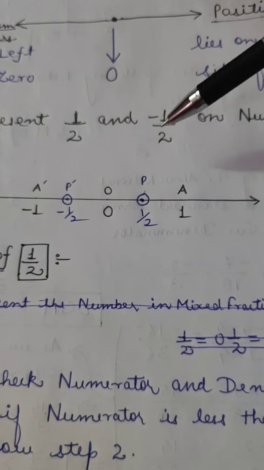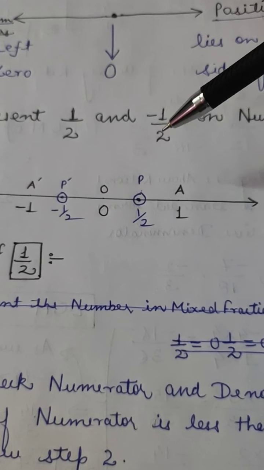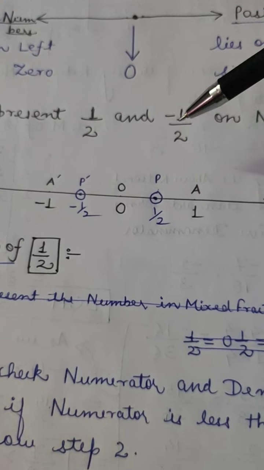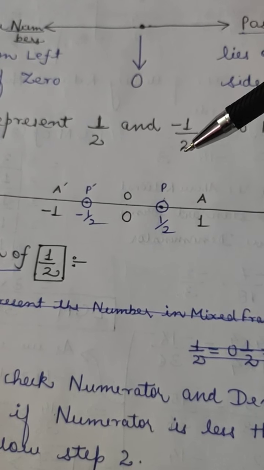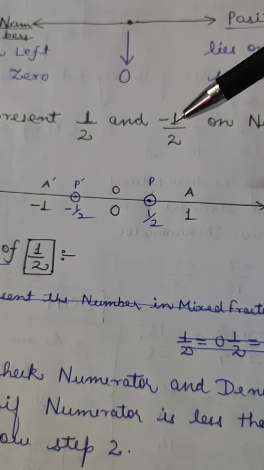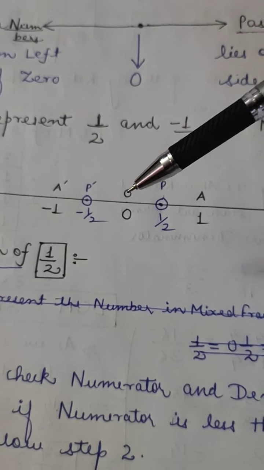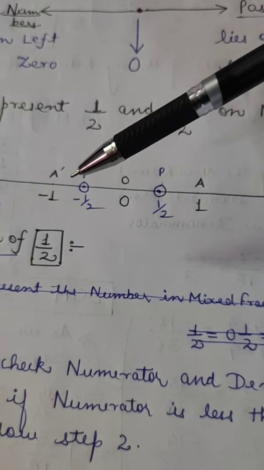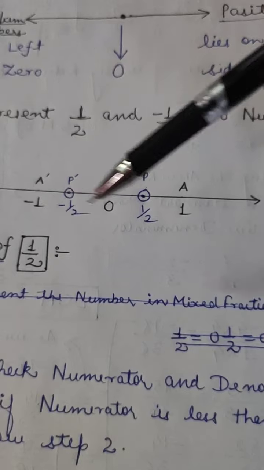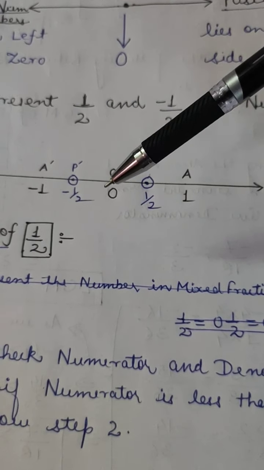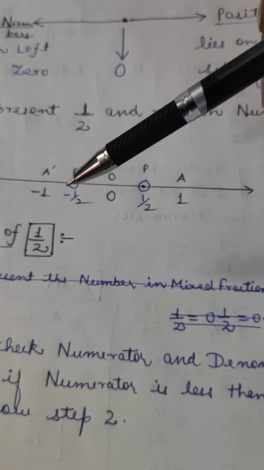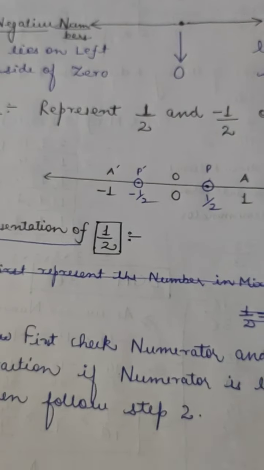Similar is the case with minus 1 by 2. Minus 1 by 2 is a negative rational number and it will lie on the left side of the number line. Okay, and in minus 1 by 2, here also numerator is less than denominator. Then after converting it into decimal, it will give minus 0.5, and minus 0.5 will lie between 0 and minus 1. Then after that you have to divide the number line between 0 and minus 1 into 2 equal parts. First part is this and second part is this. Okay, then you circle the first part. This will give the representation of minus 1 by 2.